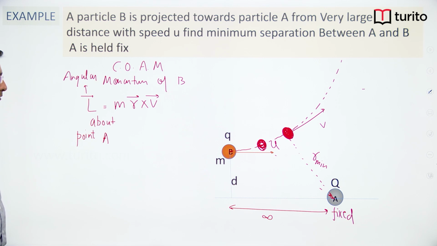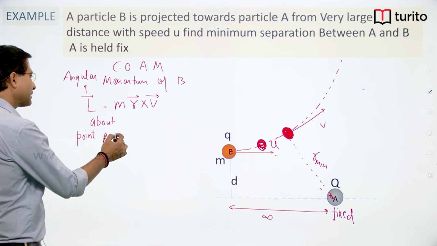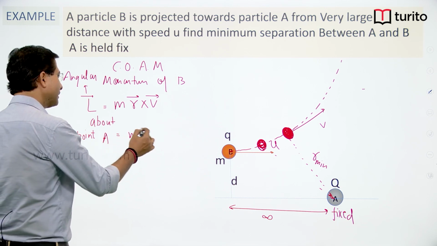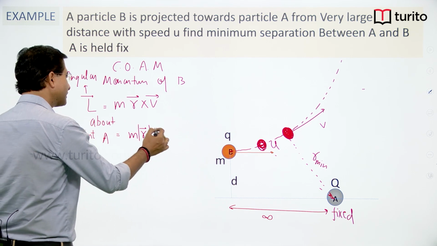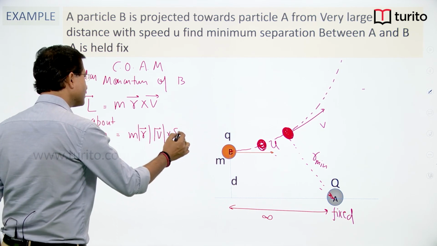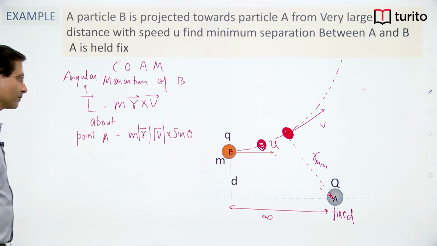So, initial angular momentum can also be written as m r vector cross v vector into sin theta,